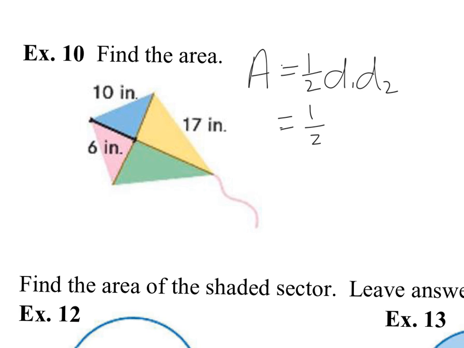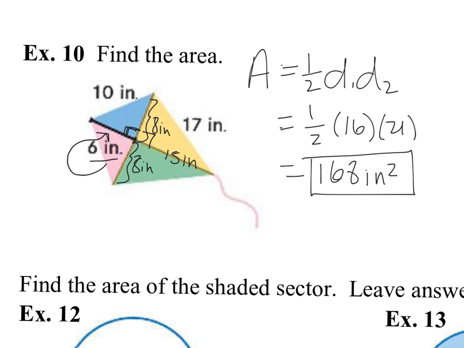Okay, example 10 asks us to find the area of this kite. To find the area of a kite, we take 1/2 the product of its diagonals. So to find the diagonals, first of all, one thing that's a little bit unclear, this 6 inches refers to this measure right there. Okay, so as you recall, the diagonals of a kite are perpendicular. So if you look at this blue triangle, we have a hypotenuse of 10, a leg of 6, and we just need to know this leg here. Well, if you recall,